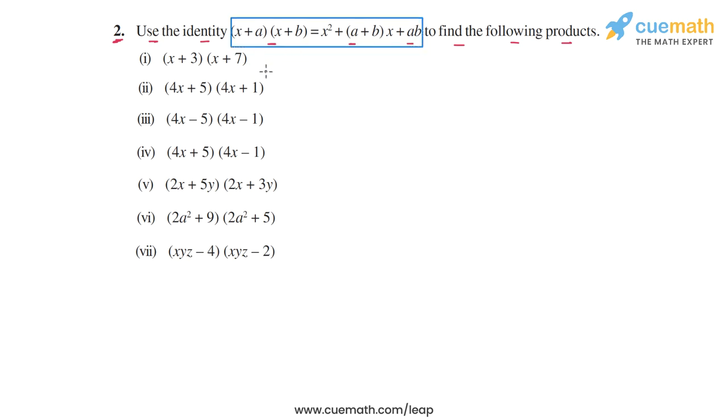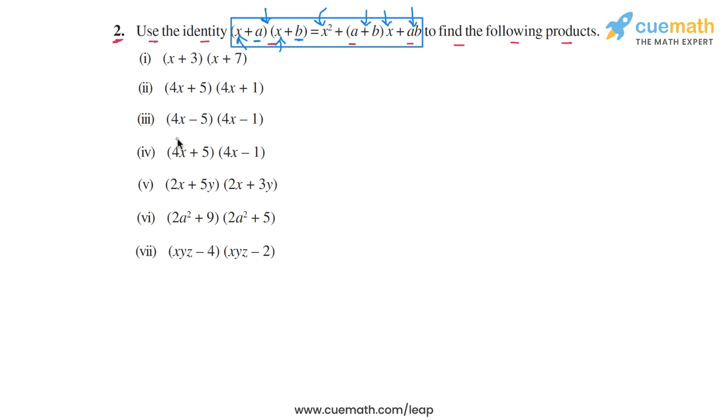The way to think about this identity is that when you have a product of the form (x + a)(x + b), which is basically the product of two binomials in which one term is common, so you have x and x in both the binomials, and the other terms are not common, so you have a and you have b, right? So whenever you have a product of this form, it can be expanded as shown on the RHS, where you take the square of the common term, then you add the non-common terms and multiply it with the common term, and the third term is the product of the non-common terms. So this is how you can think about this identity.